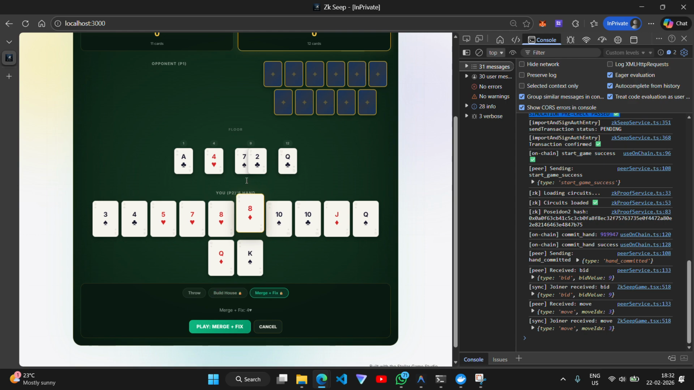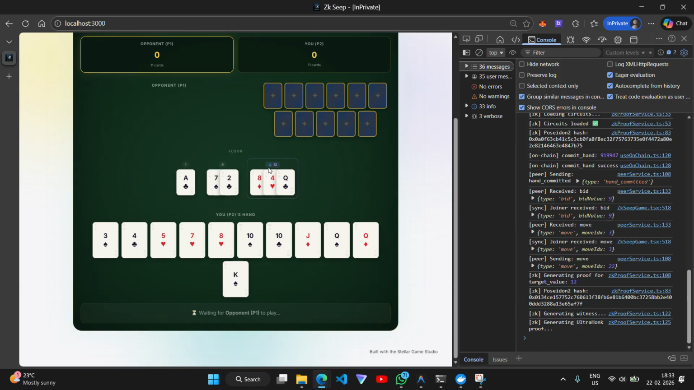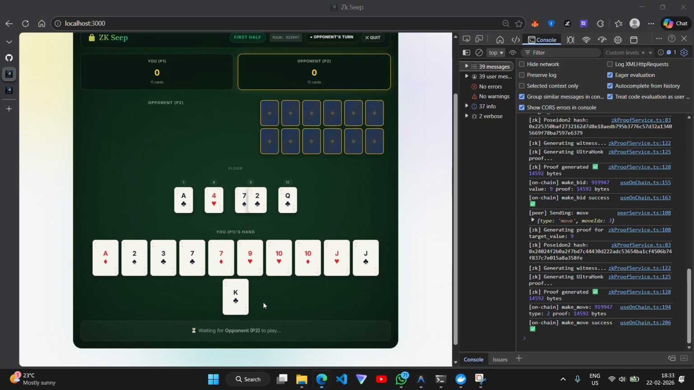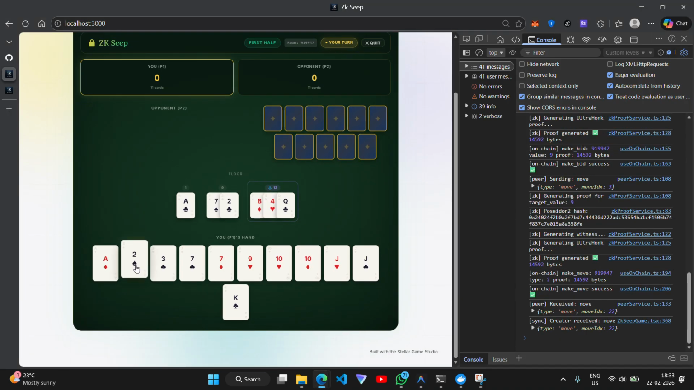So I'll merge and fix it. Essentially it will go right here, make a house of 12, and this will go here. So basically the house is fixed now. So I'll play merge plus fix and the house is fixed. Now let me go back, and again I can either build a house or I can throw something on the